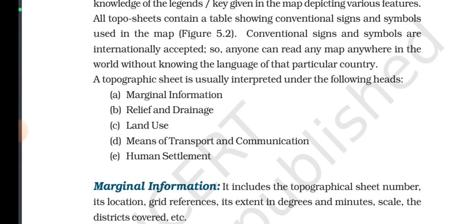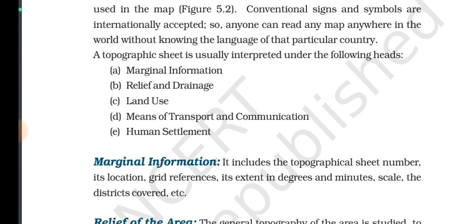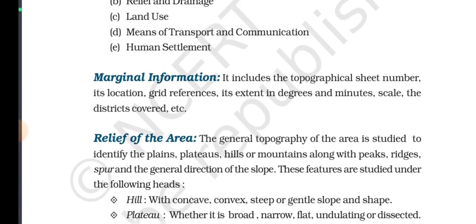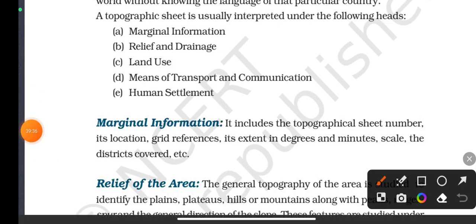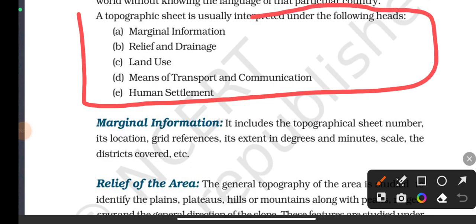A topographical sheet is usually interpreted under the following heads. So marginal information, relief and drainage, land use, means of transport and communication, human settlement. So अगर आपको इंटरप्रिटेशन करने के लिए दिया है टोपोग्राफिकल मैप को, तो ये सारी चीज़ें आपको इन हेड्स में डिस्कस करना होगा। एक तो मार्जिनल इन्फॉर्मेशन देना पड़ेगा, देन रिलीफ एंड ड्रेनेज के बारे में बात करना पड़ेगा, फिर लैंड यूज के बारे में बात करना पड़ेगा, मीन्स ऑफ ट्रांसपोर्ट एंड कम्युनिकेशन के बारे में बात करना पड़ेगा, ह्यूमन सेटलमेंट के बारे में बात करना पड़ेगा।